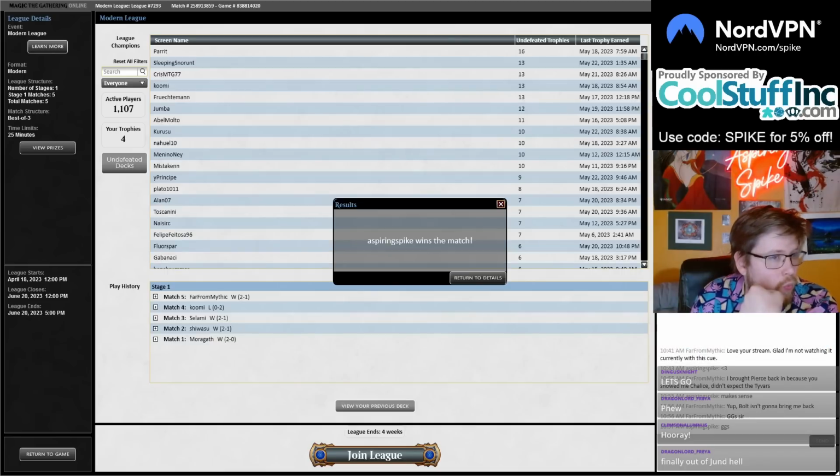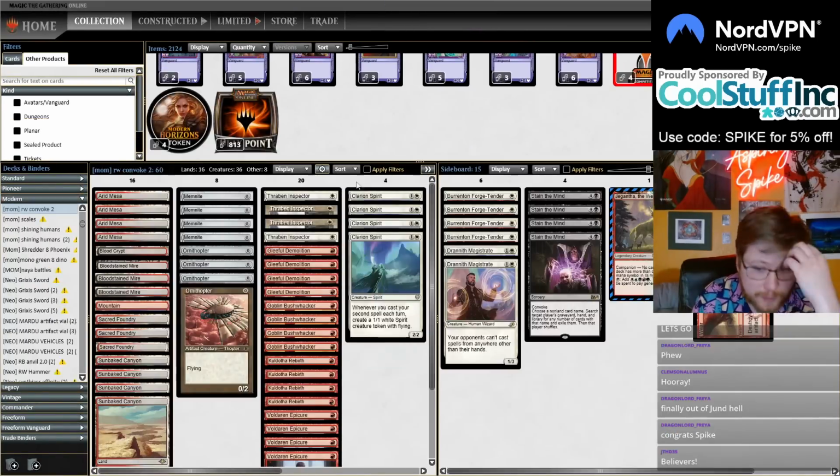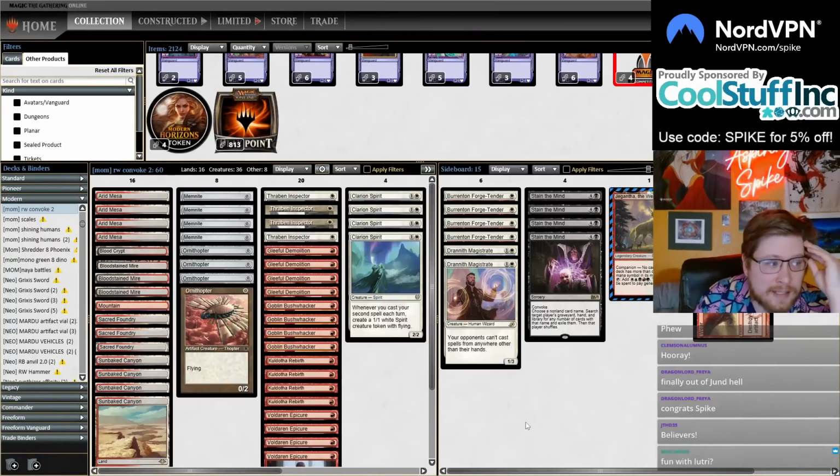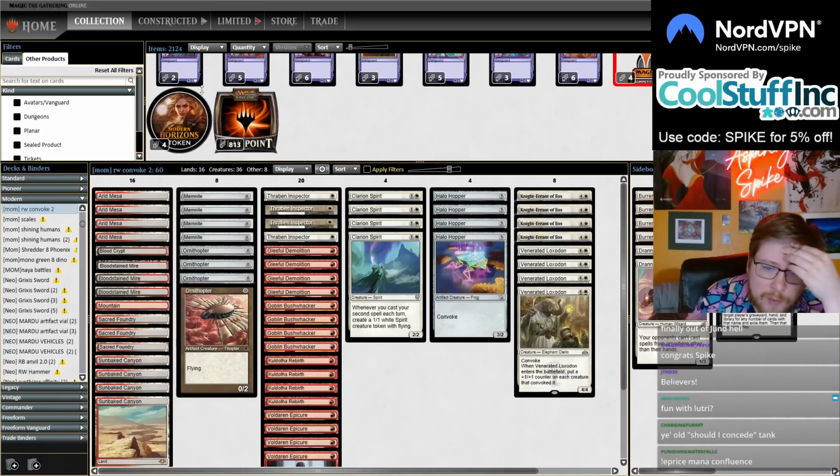Okay, I think 1 and done is probably good for me for Goblins for today. Mostly also because I've just been really excited to play the backup deck all day today. I didn't want to start with it, but the Red-White Convoke deck